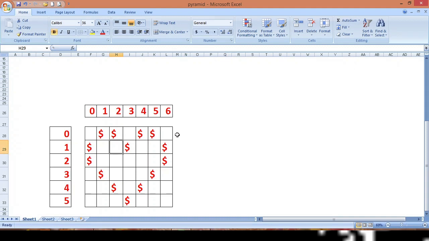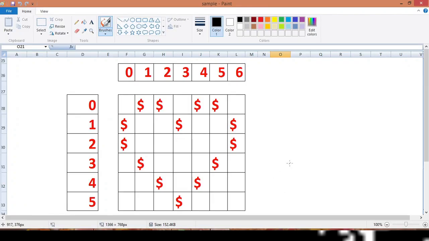First of all, let me divide this entire pattern into a few parts so that I can write the conditions. So how am I going to divide this?